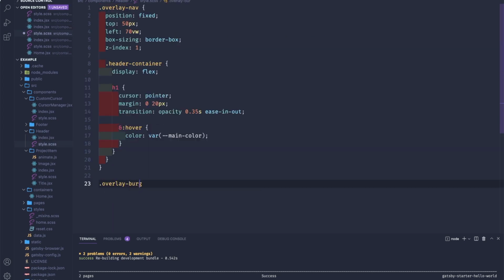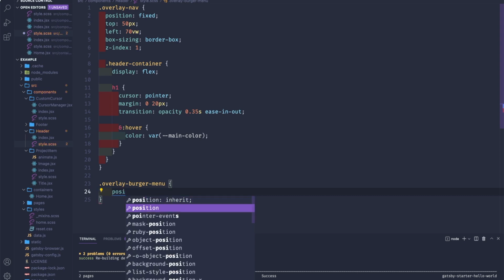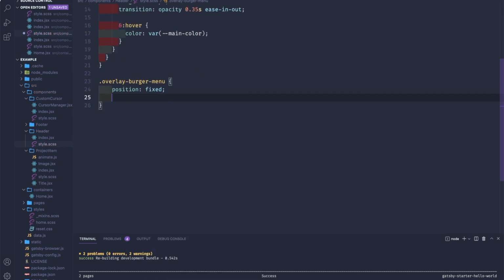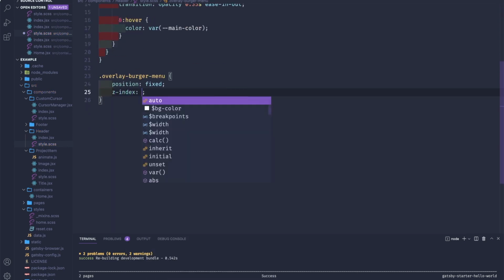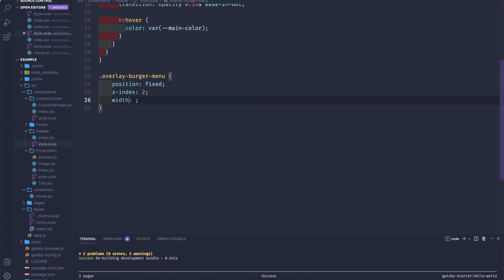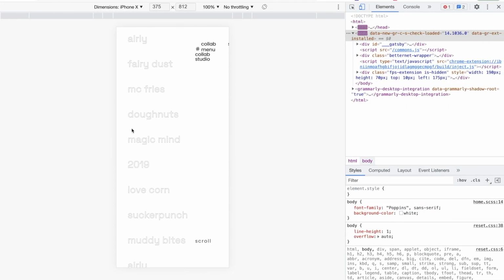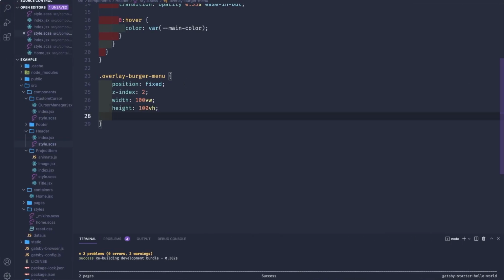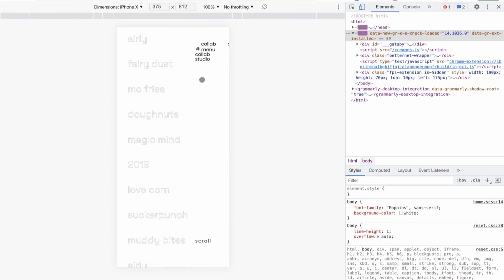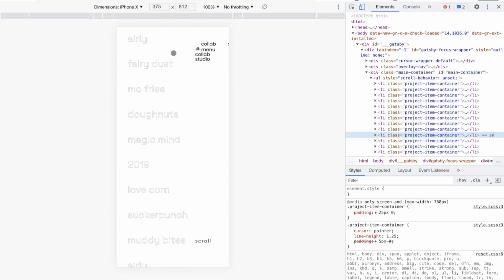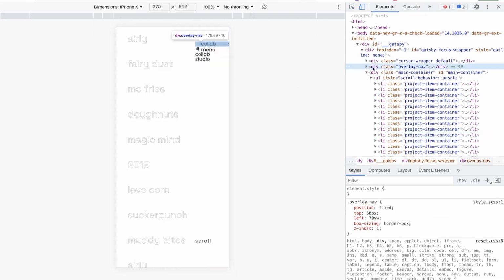Overlay burger menu. So the overlay burger menu will have a position fixed and a z index of 2, width of 100 viewport width, and the height of 100 viewport height. Let's add the background to white and see. So let me check what happened here. Overlay navbar,